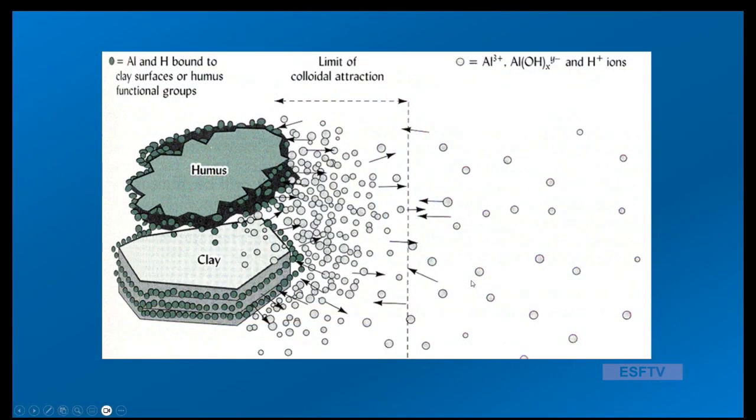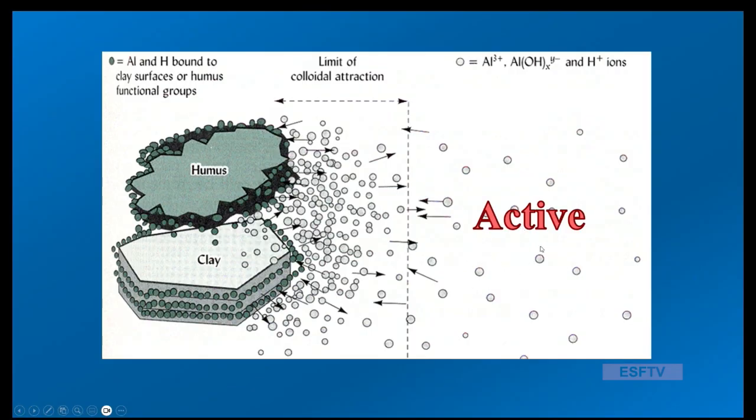So now let's think about those pools in pictures, right? Here is a picture of hydrogen and aluminum ions in solution, okay? And this is what we think about as active acidity. This is freely floating about in solution. They're not bound. They are free to move around. As they approach colloids, they are adsorbed, attracted to the exchange sites, right? So this active acidity is a very small pool of just H+ and aluminum in solution, floating around,